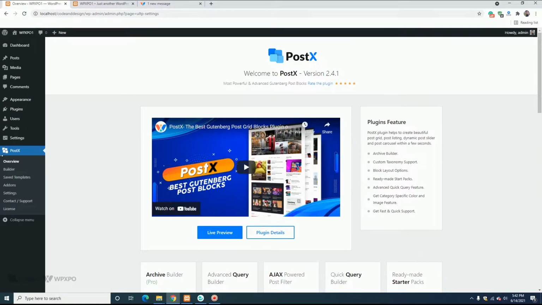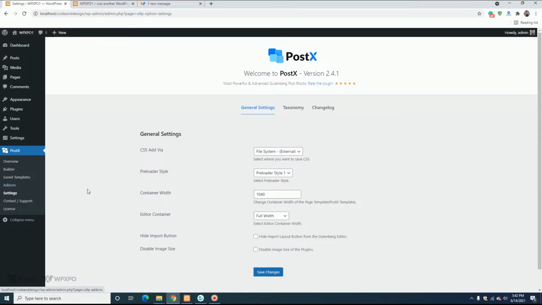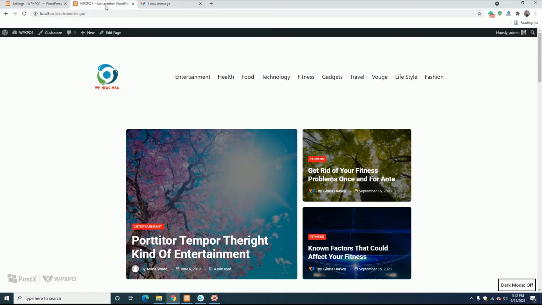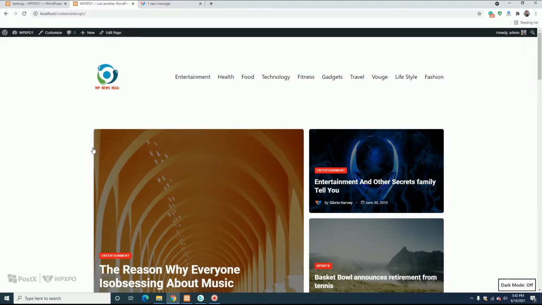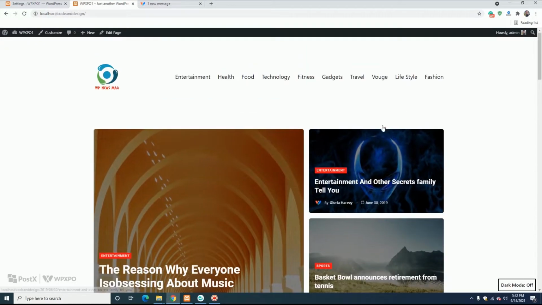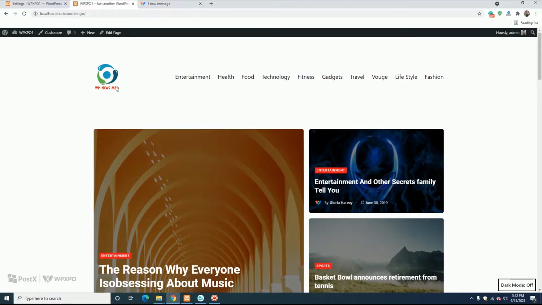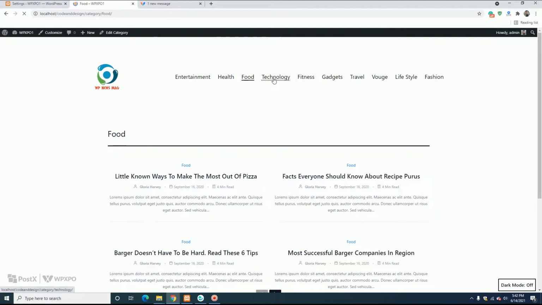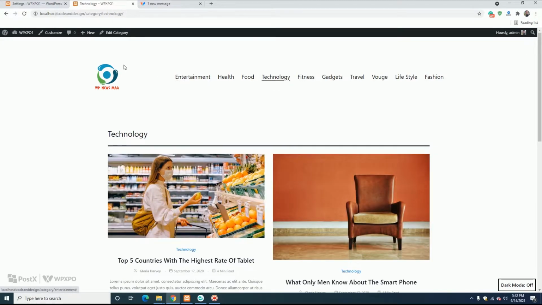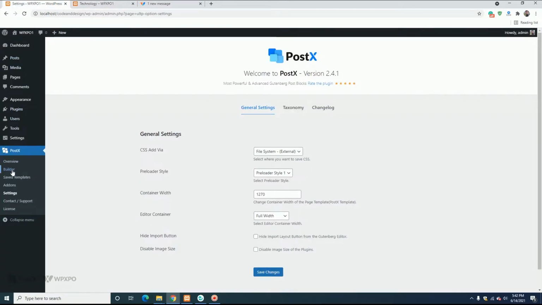You can do that from the PostText settings. So now the container width is matching with the header, but the category width is not matching, so we should do that. For that we should edit the builder,